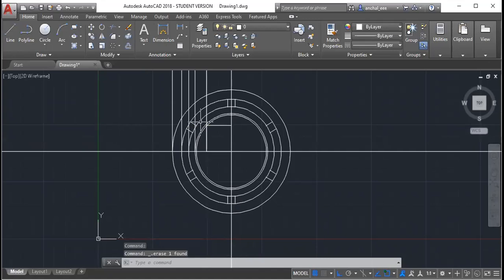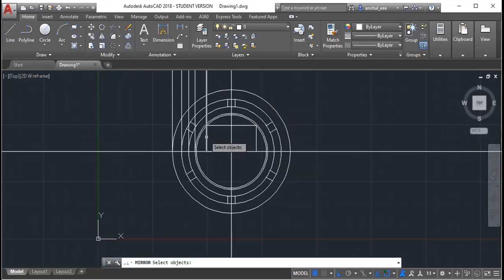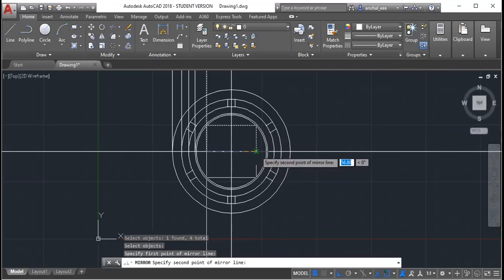Okay, delete it. Fine. Now draw the mirror of it. For mirror, select this object, select this object. Now this line completely will come. Right click and draw the mirror line here. Enter. Fine. Now again, do the mirror of full core. This, this, this. Mirror line from here to here. Enter. So you will get the core.